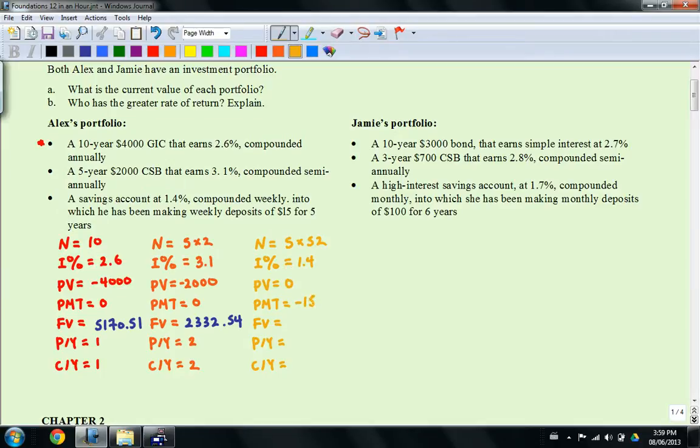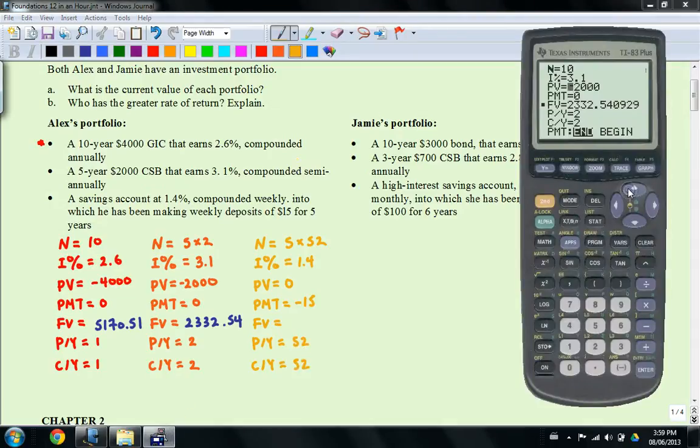So you have negative 15 for the PMT. The future value is still what we're looking for, and the payments and compounds per year are both going to be 52 because they're both weekly. So we can change these numbers here: 5 times 52, 1.4, 0, negative 15. Future value we don't know, and then here's 52 and 52. So second solve, and I get